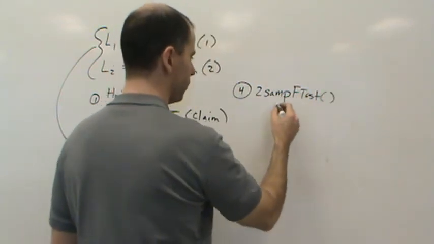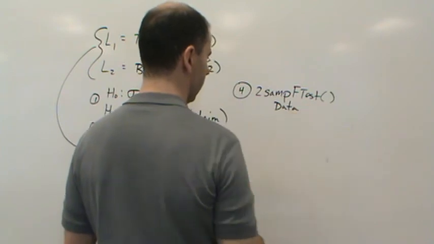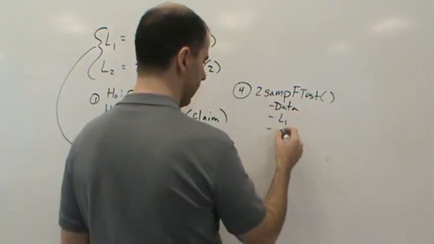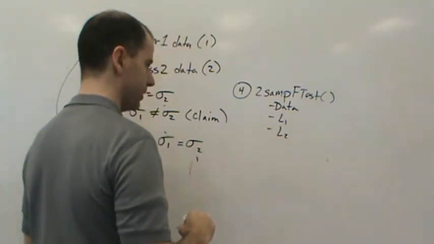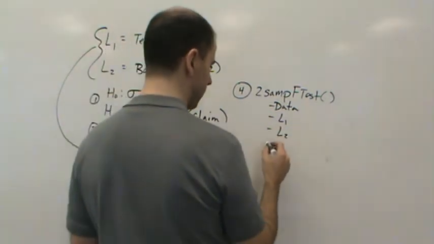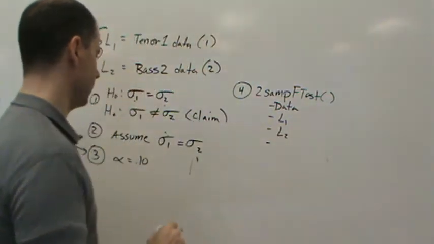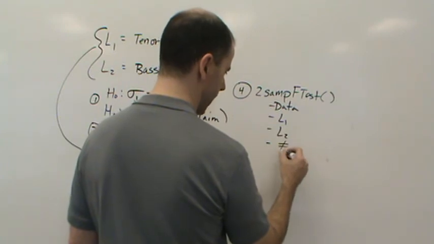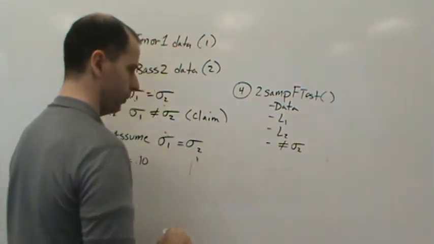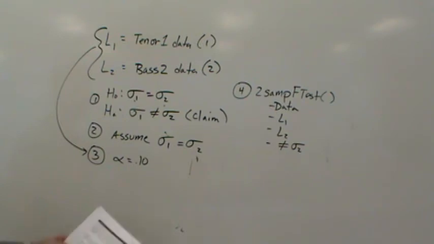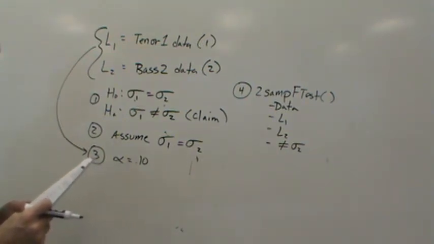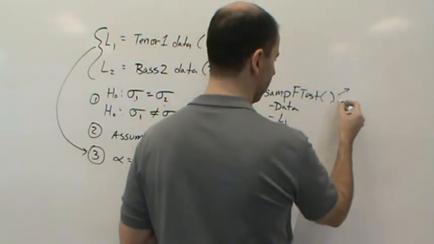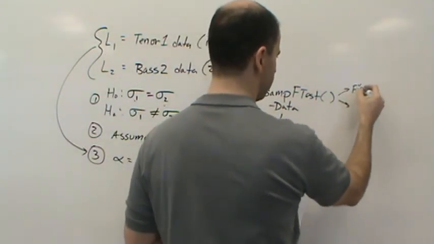This time, we're going to use the data option. Then we're going to put in L1 for one list, L2 for the other list, and the only other thing we need to put in is our alternative hypothesis, which is going to be not equal to, because it's a 2-tailed test. So we're going to do sigma 1 not equal to sigma 2. That's all we need to put in, guys. Once we calculate this, what we're going to get is the following. Our F star value